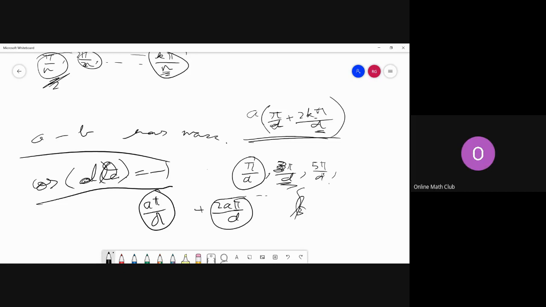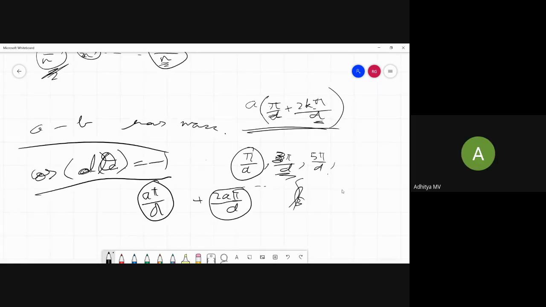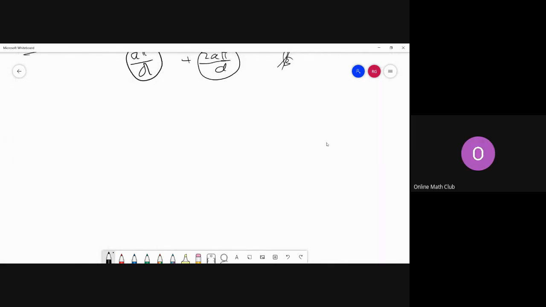Given that it averages to 0 for the first case, like pi by n, 2 pi by n, 3 pi by n, they don't sum to 0 when n is odd, I think. The cos of those don't sum to 0. Yeah, I know. Okay, I think this actually works.